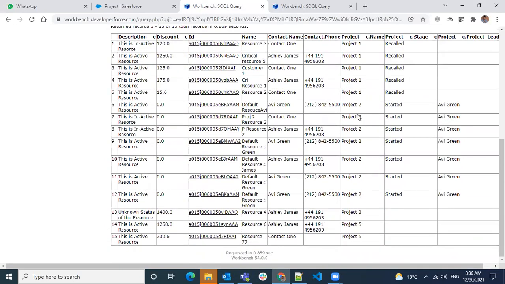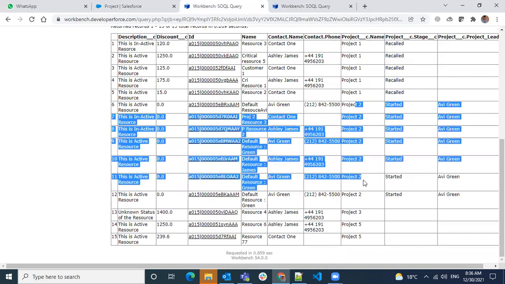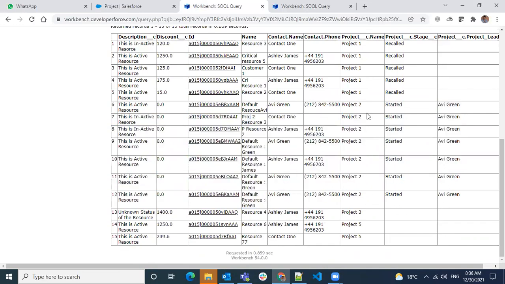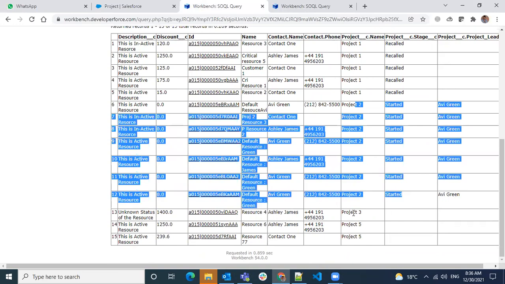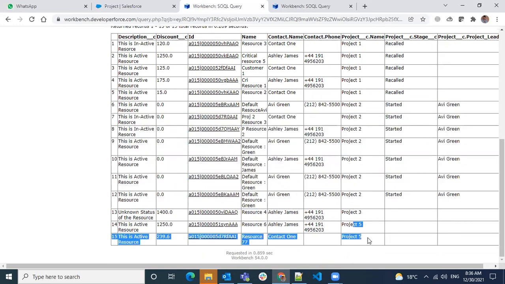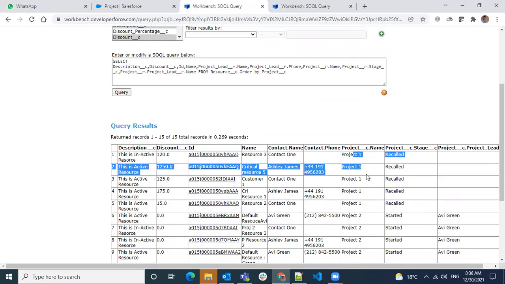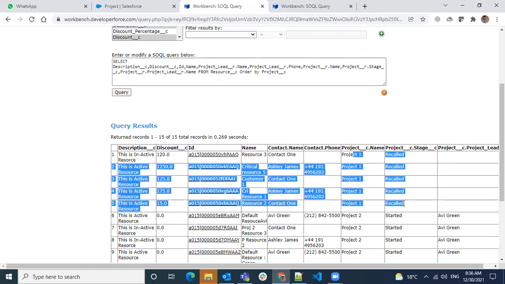So if you look here, in project 2, I have 7 records, in project 3, I have 1, in project 5, I have 2, and in project 1, I have 5 records.